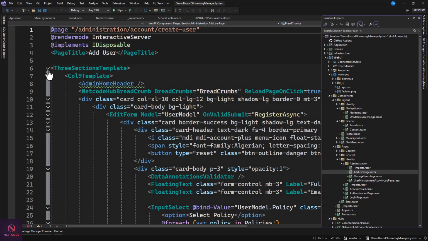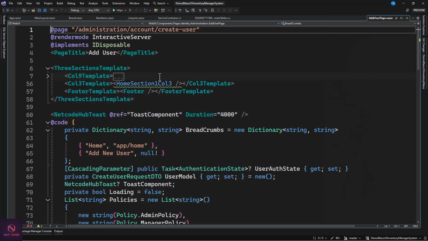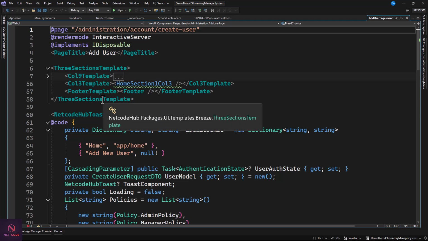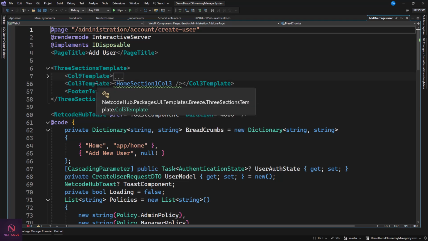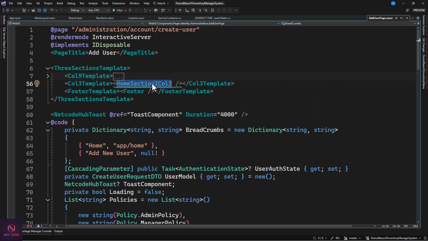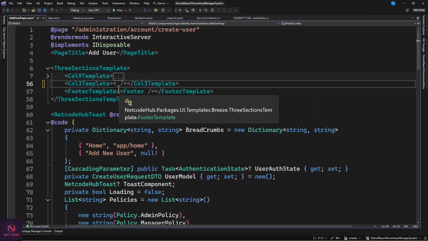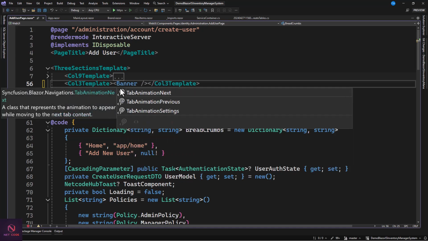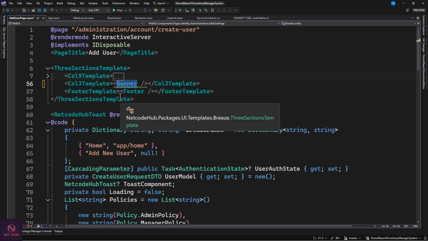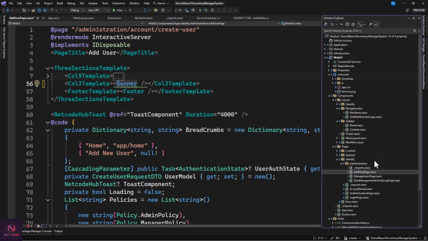Now column 9 is going to be the content. Column 3 is going to be the side. And footer is going to be the last one. So we're going to have the 3-section template. In here, we're going to have a banner. So let's say this is going to be the banner. We haven't created the banner yet, but we're going to create it soon. So let's copy this and let's go to